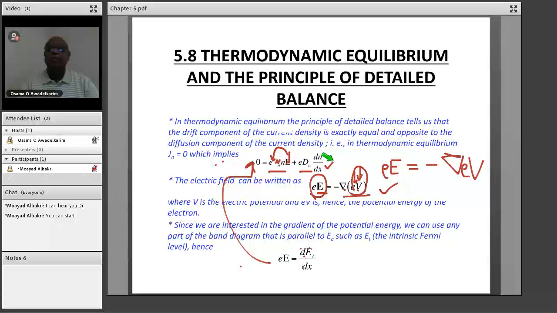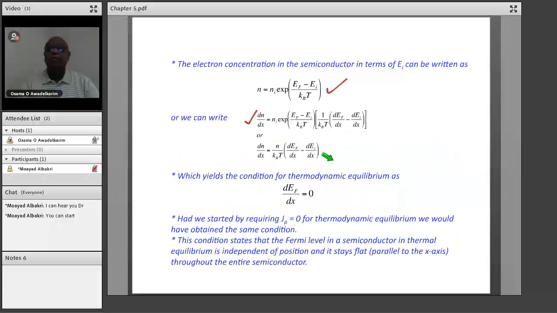If I differentiate n, you can immediately see that the derivative is here. And then if you organize it, you get dn/dx equals n over kBT times dEF/dx